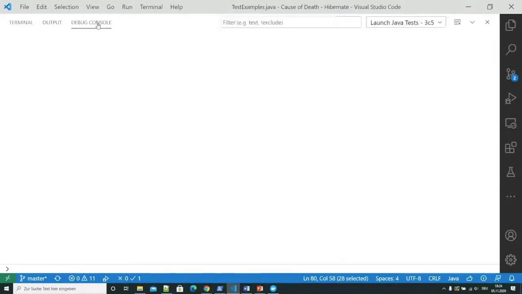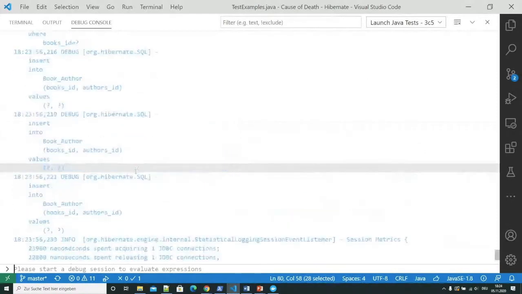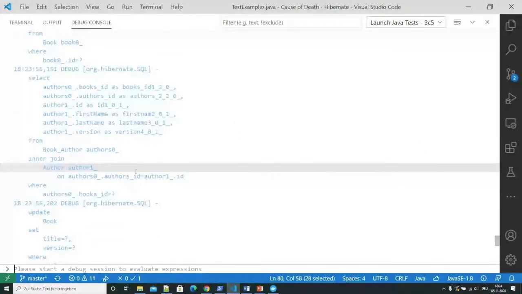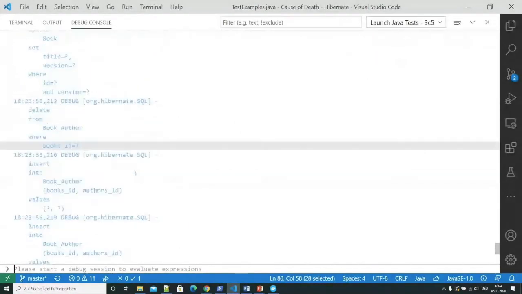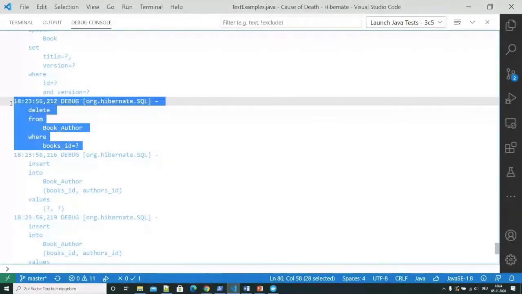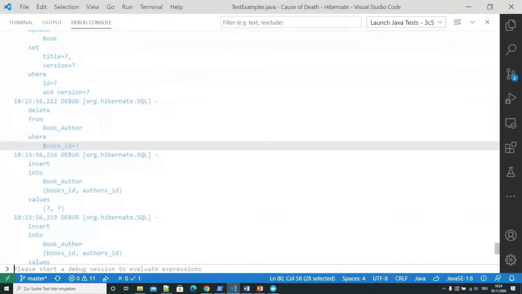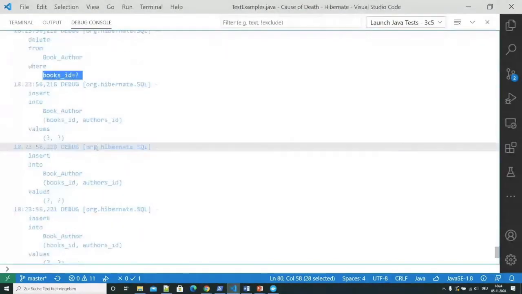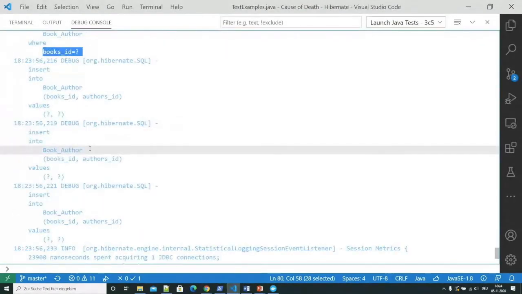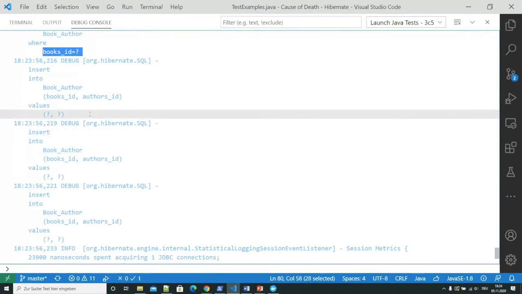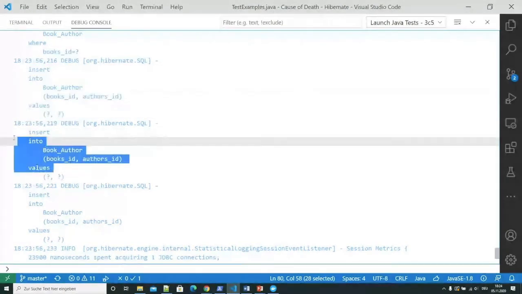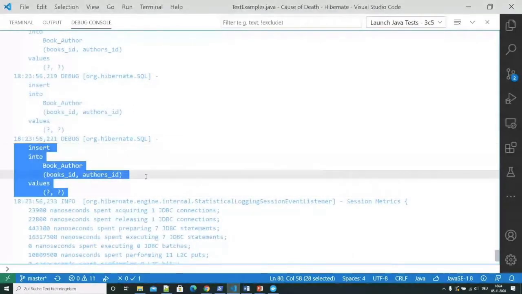Yeah, no. What Hibernate does is remove all the records from the book author table that belong to that book. And then it takes the list of authors and adds a record to the association table for each element in that list.